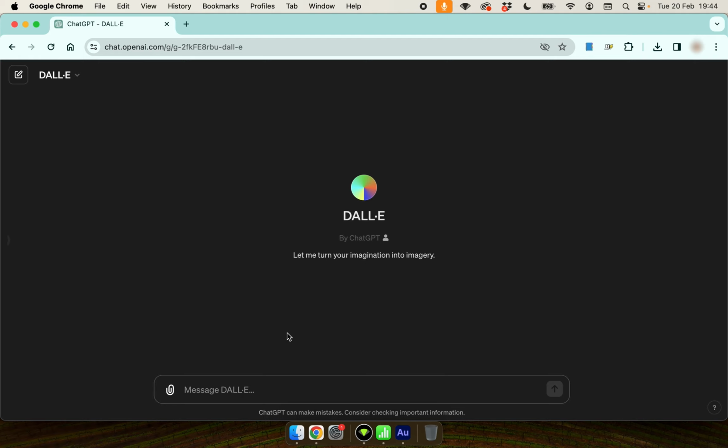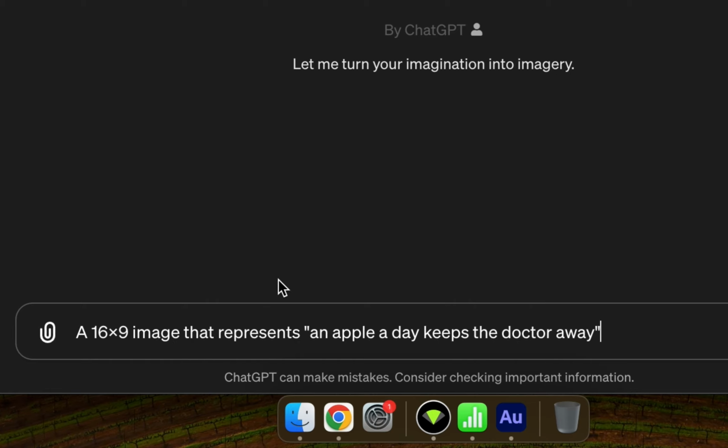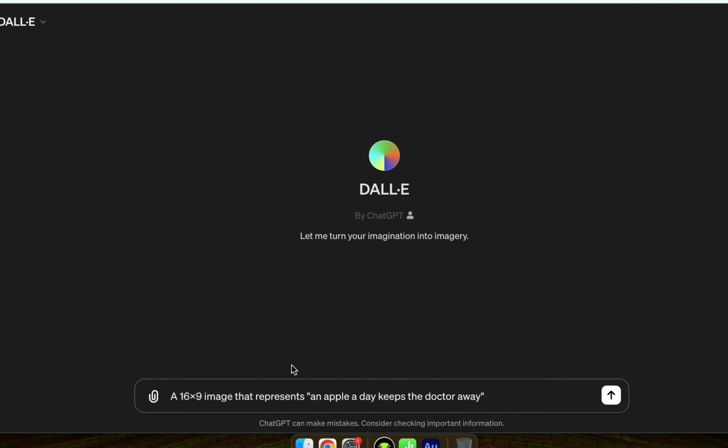Just an example. So let's say we want to use the prompt, a 16:9 image that represents an apple a day keeps the doctor away. Now the reason why I've put 16:9 is to make sure that it gives me the correct aspect ratio for YouTube. If I was to just put an image that represents an apple a day keeps the doctor away, the chances are it would give me a square image,